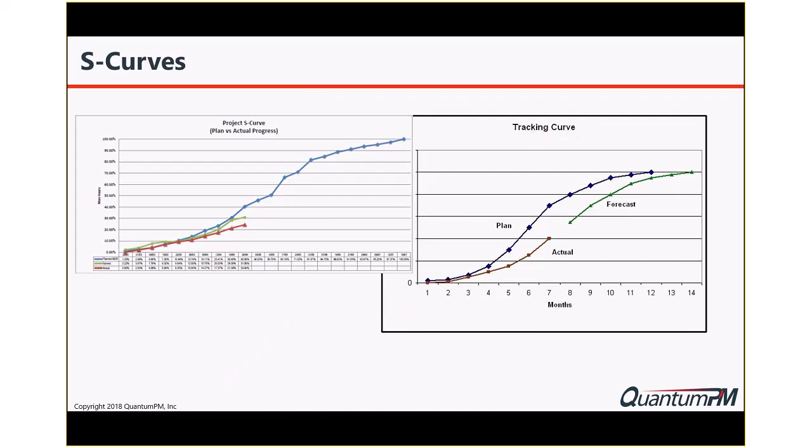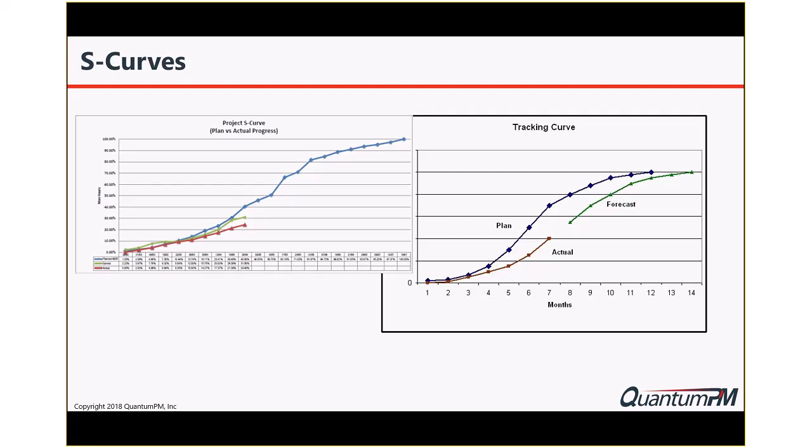All right, so here's a very traditional kind of trend analysis report. These are called S-curves. And the theory behind an S-curve is that it gives you that kind of S shape to it because you start slow, you tend to get a lot more done in the middle, and then it slows down over time. You'll see in each one of these, there's 3 different things that it's tracking, but they're slightly different, so I wanted to share a couple of them with you.